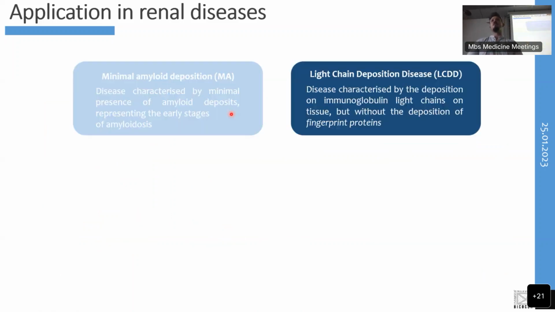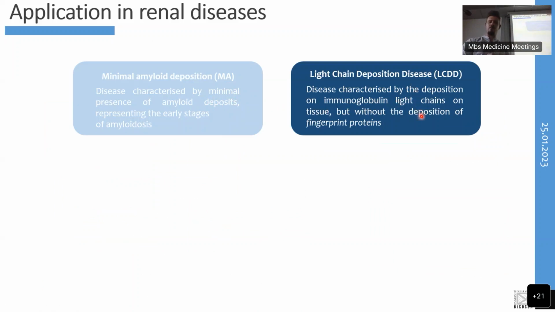But again, the response here was, great, you've said something the pathologist is already able to tell you. Where's the advantage? What's the benefit of this type of approach? So now we started to tackle some more challenging cases. We were provided with cases of minimal amyloid deposition, which meant there was only a very small amount within the tissue, which was representative of the early stage. And then we had cases with light chain deposition disease, which meant that we were going to have the presence of these immunoglobulin light chains within the tissue, which can sometimes lead to a diagnostic interference,